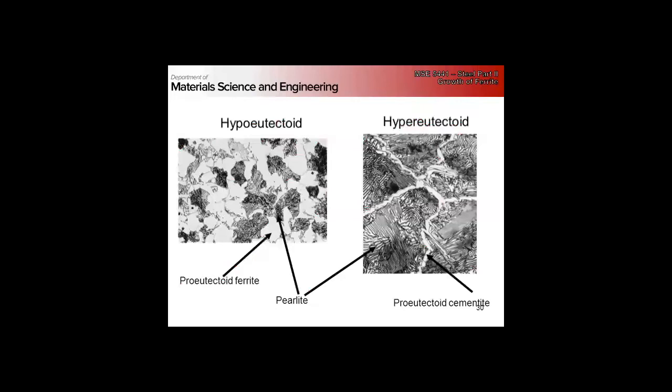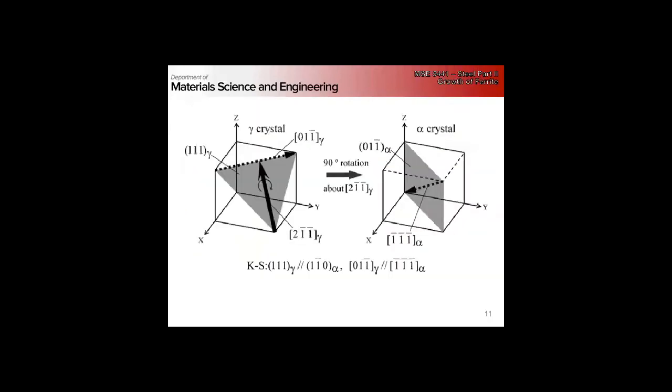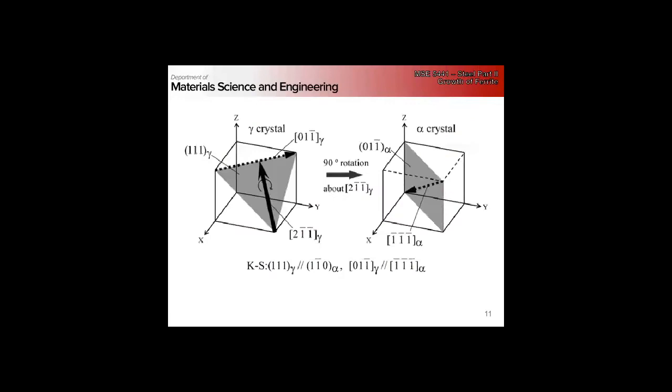They're just different things. So are both of these images slow cooled? Yes, this is slow cooled. And the Kurdjumov-Sachs orientation relationship keeps coming up. You should know sort of what it is. Everyone should have gone through the exercise of drawing the Kurdjumov-Sachs relationship, and have an understanding of where the atoms are. And the key idea here is,